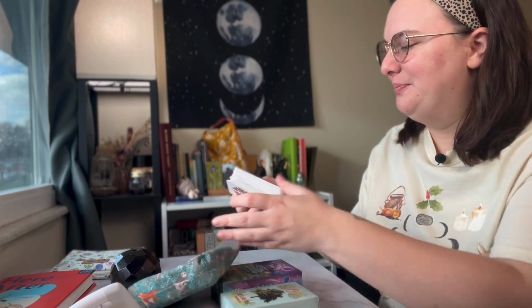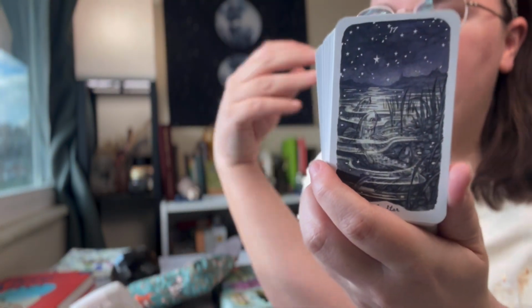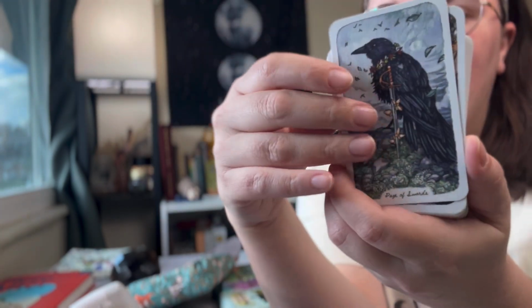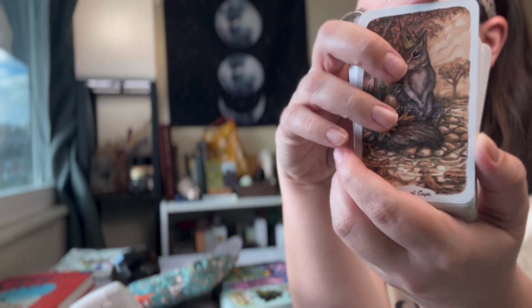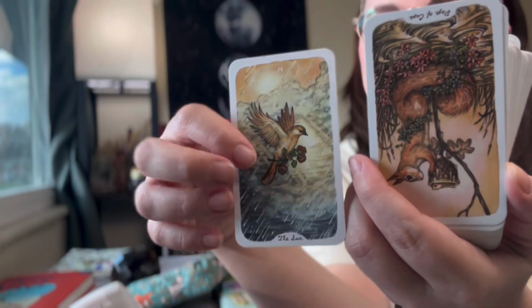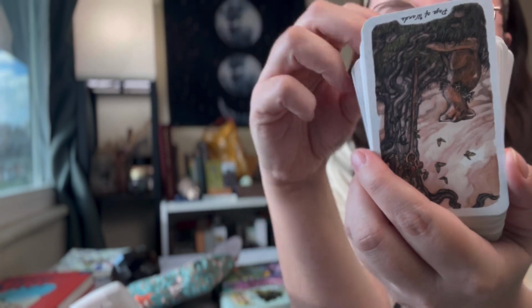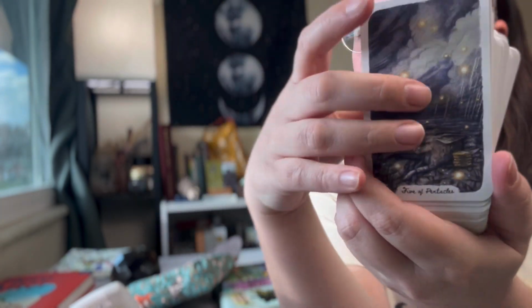So the next one, the other one that is really consciously created is the Oak, Ash, and Thorn. This is the mini, but all of the decks from 3 Trees Tarot are made really sustainably. And I think that's a beautiful little piece that makes them even more wonderful. But I just want to go see my forest creatures. Now, I do really love this deck in the fall,